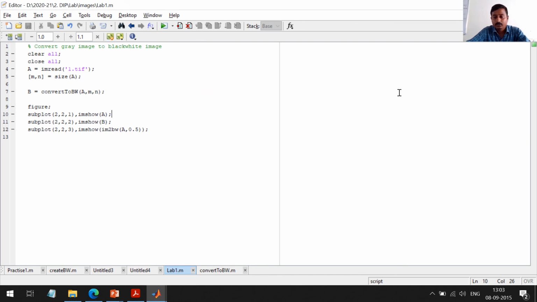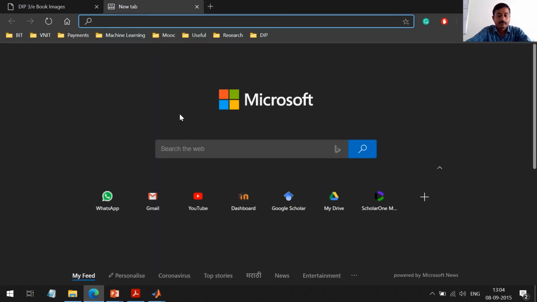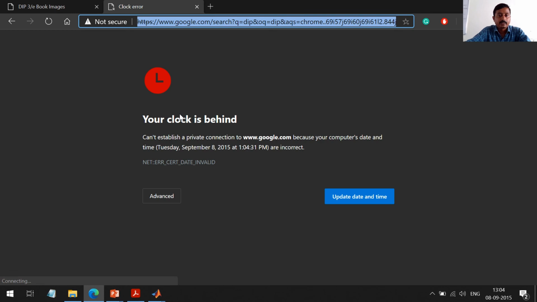One thing that I want to share with you is, if you notice my date and time, it is showing 2015, because I have changed this system date because I was facing one problem with the MATLAB setup. I think this is a crack version of MATLAB, and if we use it in 2020, it will not open. That's why we have to change this system date. And because of that, if I open a browser for conducting a meeting, it is not accepting anything, because the clock is behind, then I have to update, and then my MATLAB will stop working.